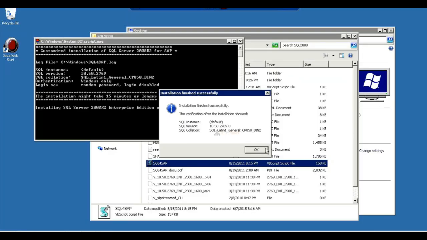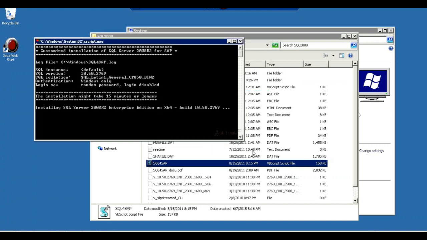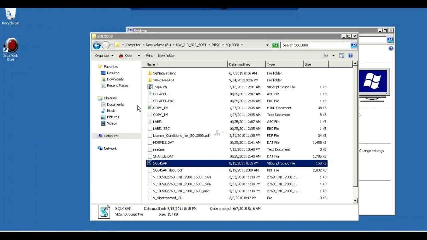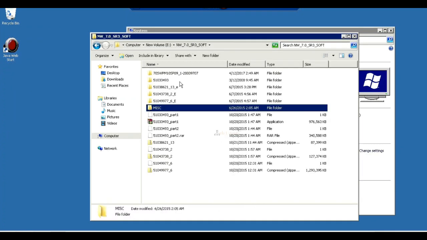So here the default instance has been installed. So now we will start our SAP installation.